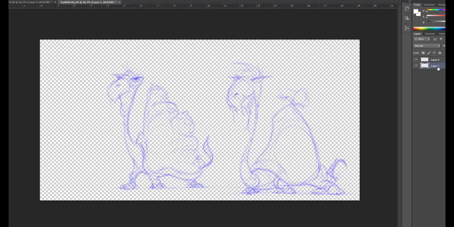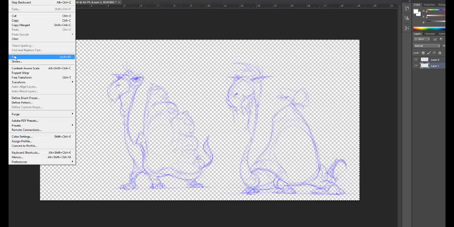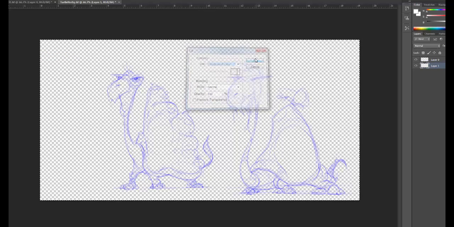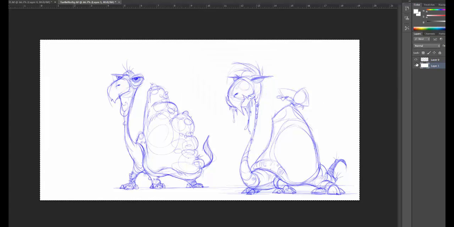Sometimes I've had a little bit of discrepancy. Let me fill it with white. So select all, edit, and I'm going to fill the background with white now. Okay, foreground color, and there it is. Okay, so if you save your line work out of